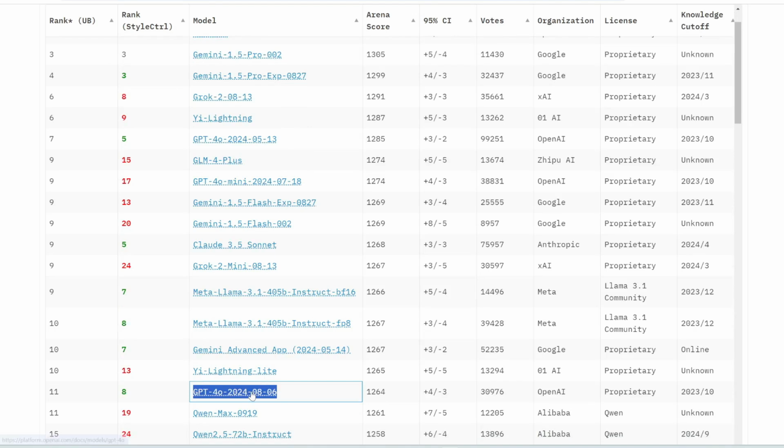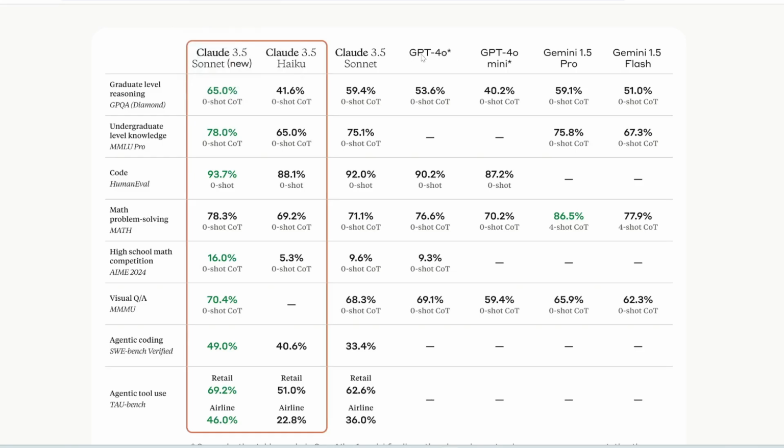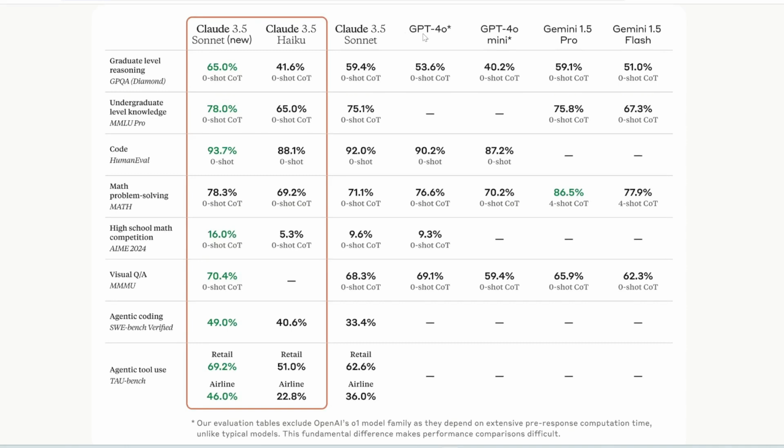which surprisingly has a lower LO score than the May version. Anyways, basically there's different versions of GPT-4o, and it doesn't specify here which version they're referring to. So also take this comparison with a grain of salt. Anyways, if you compare this new 3.5 Sonnet with the older one, you can see for graduate level reasoning, it